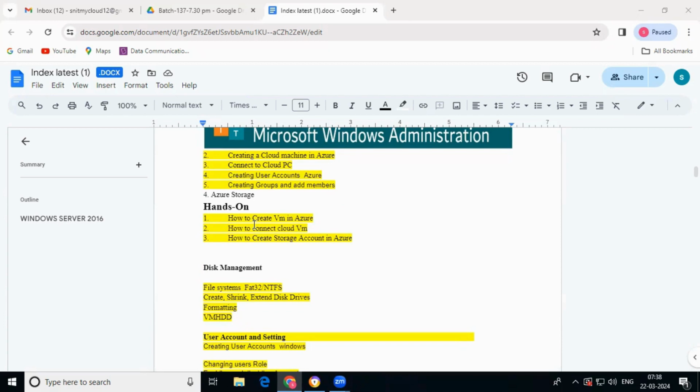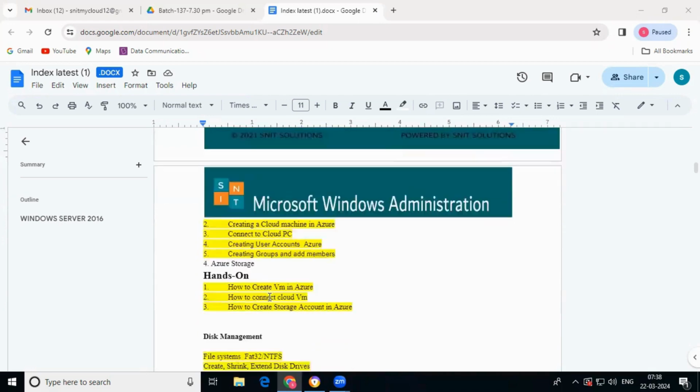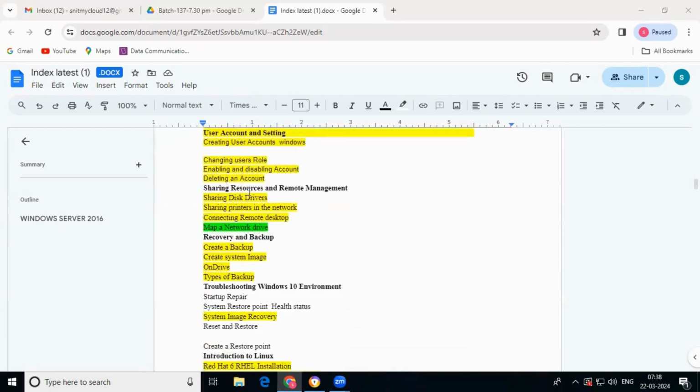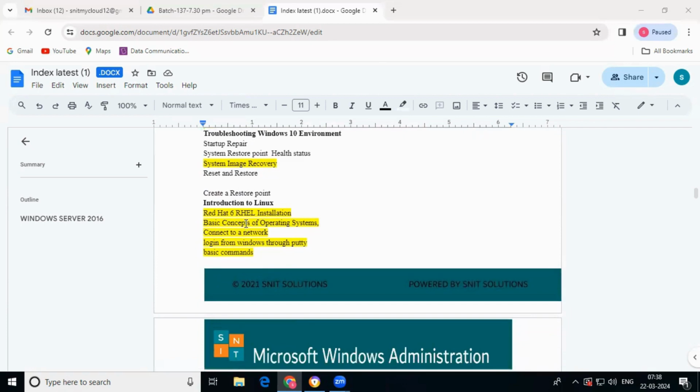And today every company is moving or migrating their infrastructure to the cloud. So on that, the basic parts which we cover inside the L1, and then we also get into how do we manage our disk, and how do we manage our local users and share resources in the LAN and remote management, how we recover the data by doing the backups and troubleshooting Windows environment, and also which includes inside this